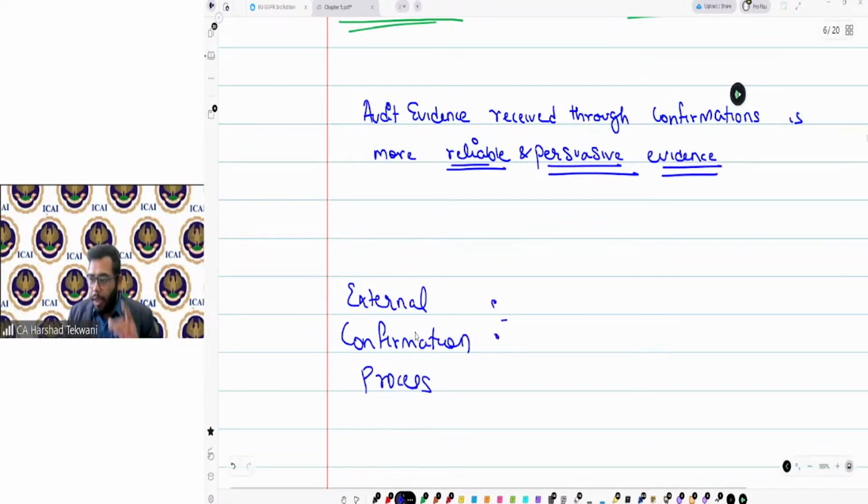I want you guys to answer. Let's say, for example, account receivables. Now, if you want to send an external confirmation to account receivable, what procedure will you follow?